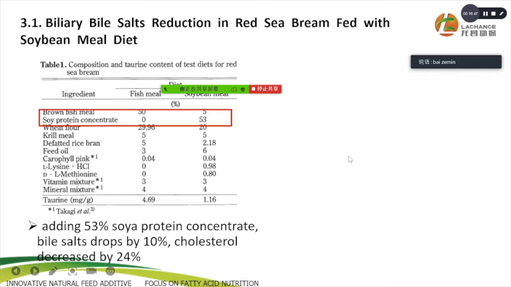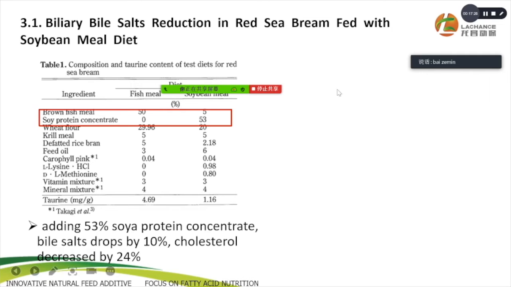Okay, the first is on sea bream fed with soybean meal. As we all know, in the aquaculture industry, many researchers and more companies are trying to replace fish meal with plant protein, especially soybean products like soya protein concentrate. Okay, for this trial, the control is fish meal, totally fish meal. For the treatment, we replaced 53% with soybean concentrate and added 5%